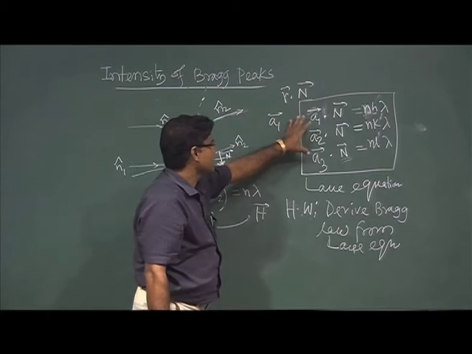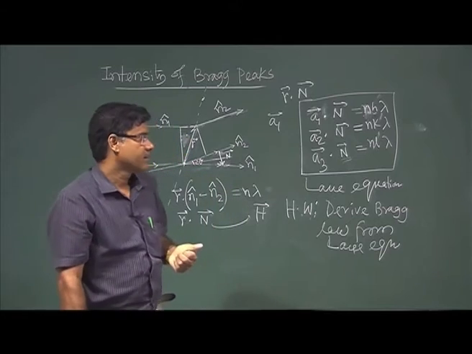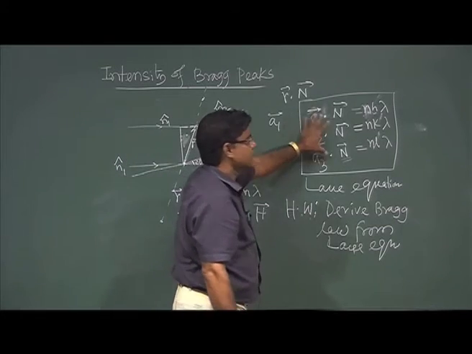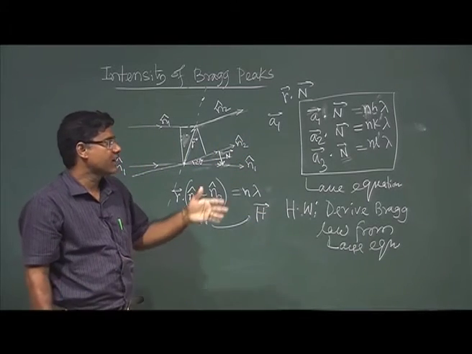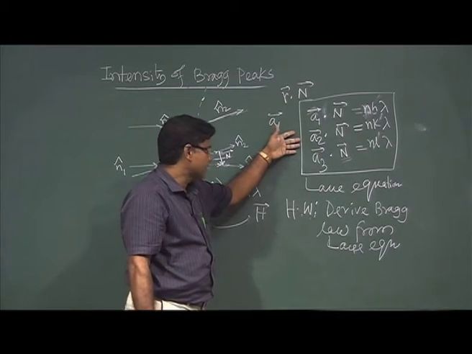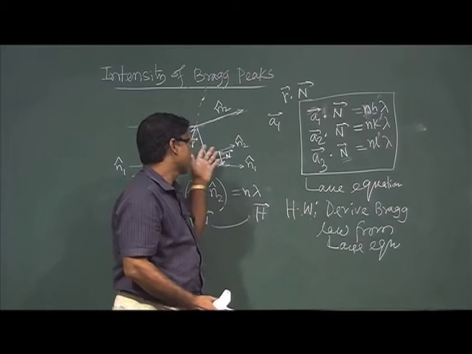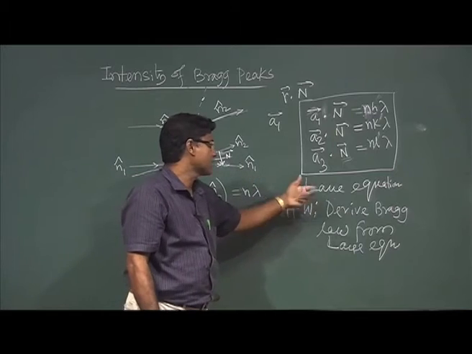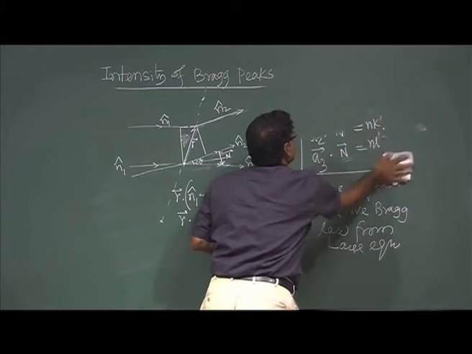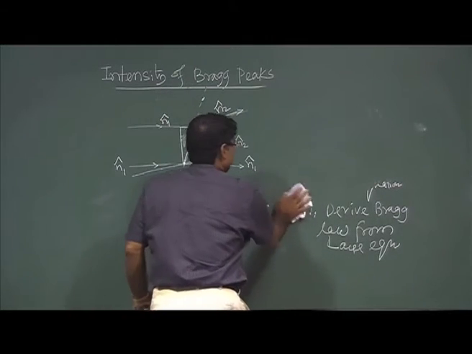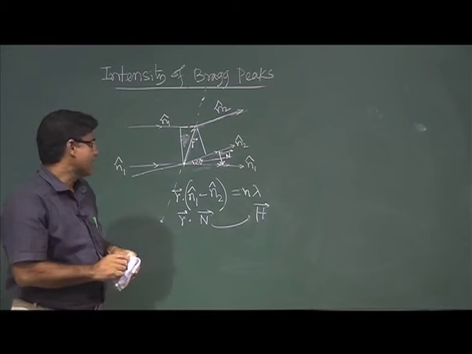So, here is just the condition we have put, this is for constructive interference. If it is constructive interference, then these conditions are satisfied. So it is similar to the Bragg condition, but this is another treatment. This is the Laue treatment, and from this concept one can get the Laue equation. But I do not need this to know about the intensity of the Bragg peak, but what I need is this concept,